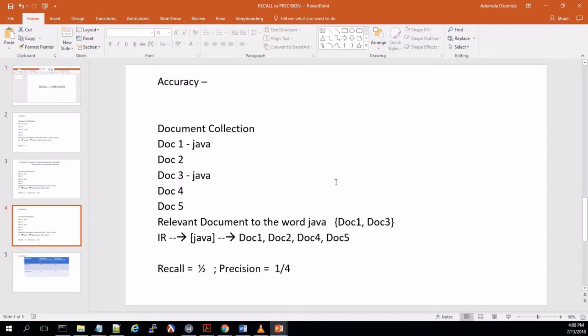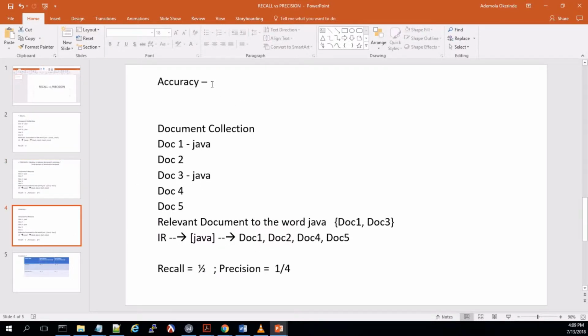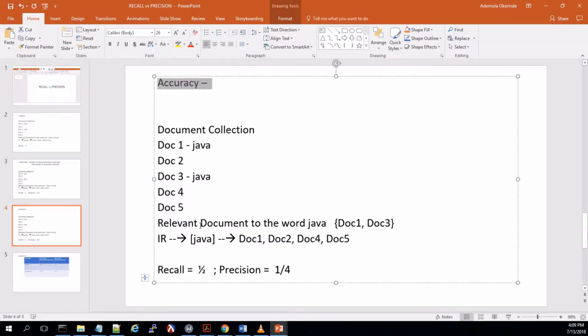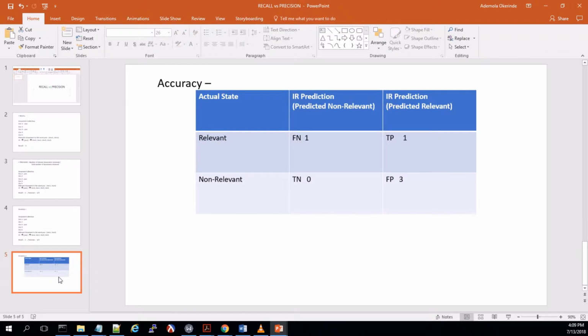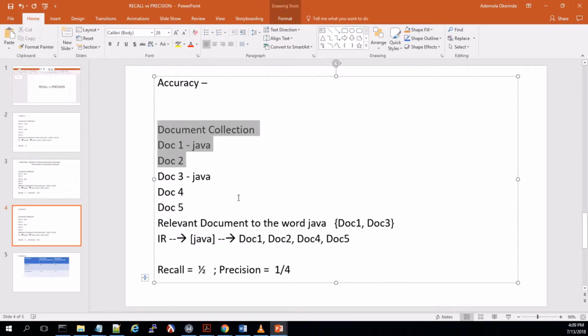So in our last tutorial we mentioned recall and precision. You may want to go through our channel and see those tutorial lessons, but today we want to focus on accuracy. So how do we calculate accuracy? We'll be making use of the same document collection that we used in the previous